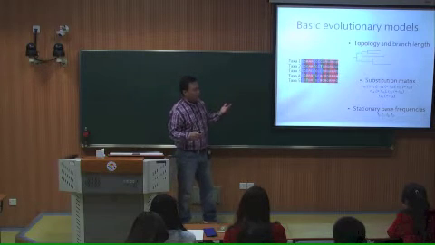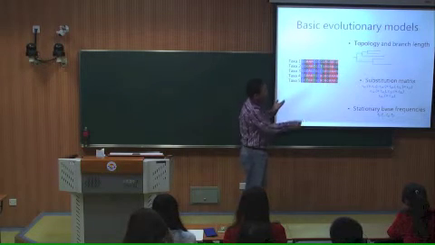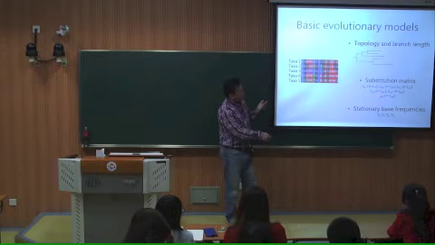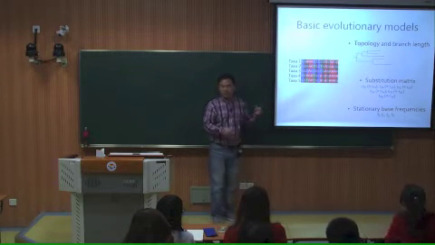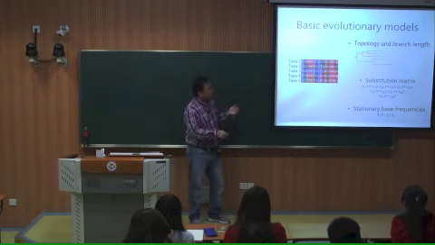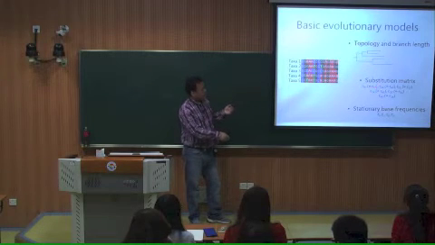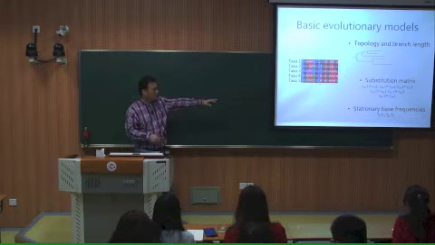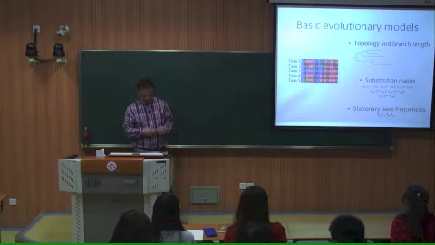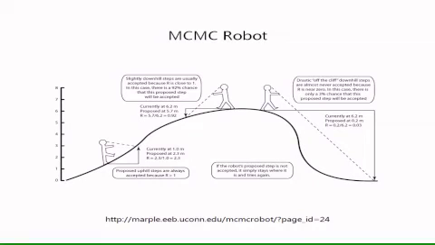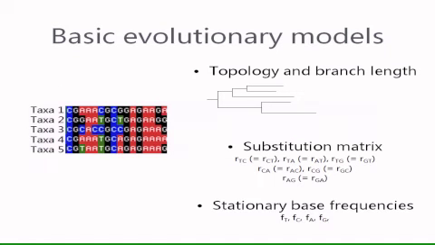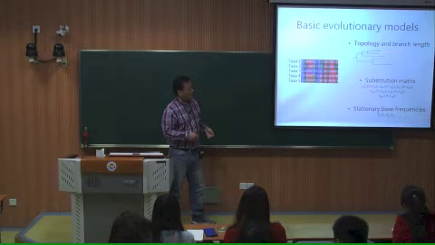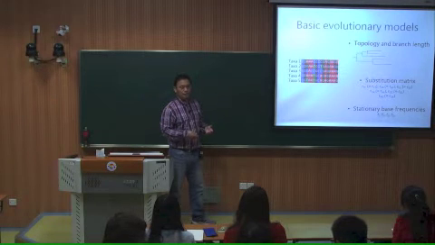But what we're really interested in is the tree. We don't really care about those substitution matrices or the base frequencies. So when we reconstruct the tree, what we're interested in is the topology and branch length. So we call those nuisance parameters. But we still need these to infer the tree. So how do we do that? Like I said, you can have tremendous different topologies and unlimited change of branch length,